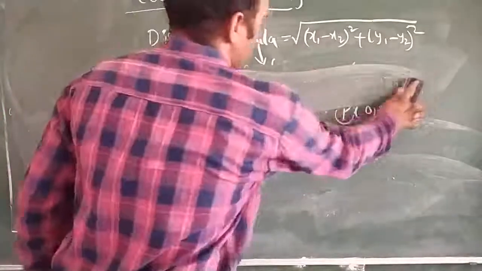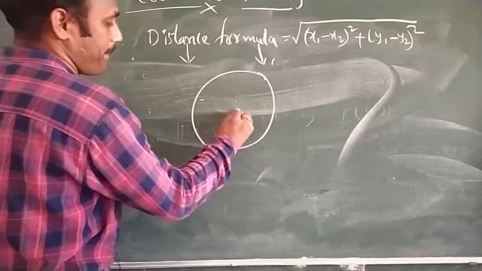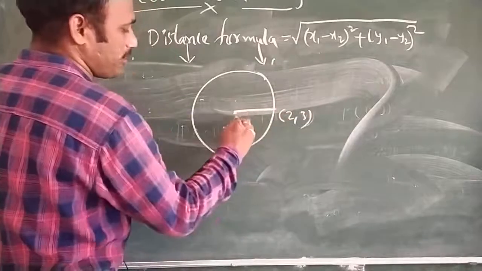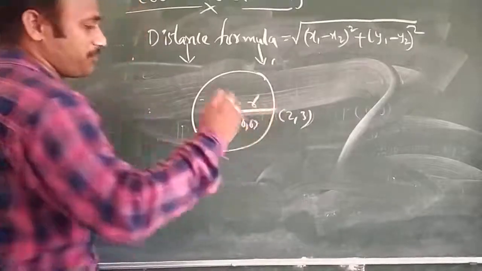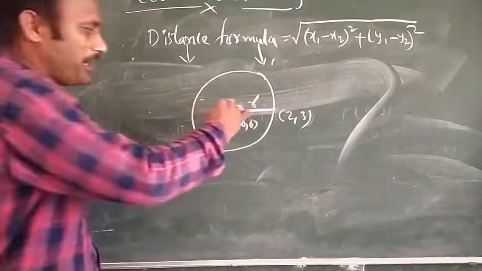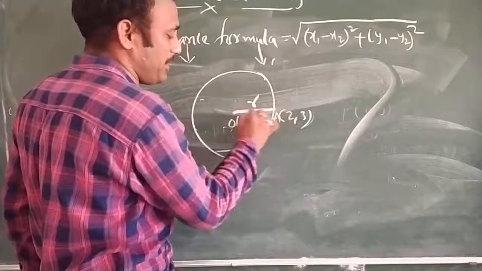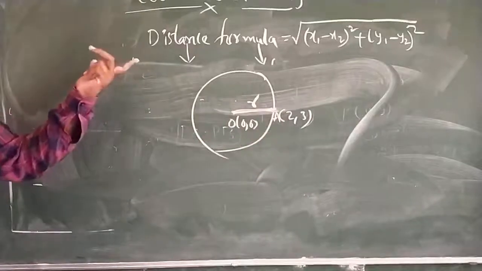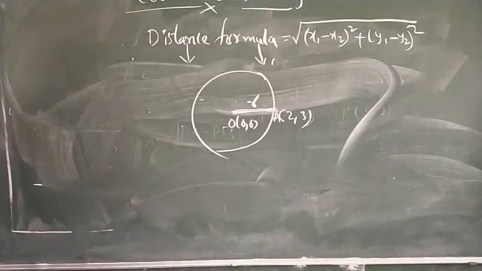Okay, next, where else will we use this distance formula? Another concept is, for example, if there is a circle and here the coordinates are 2 comma 3 and here the coordinates are 0 comma 0. How to get the radius? He will ask to find the radius of the circle. In order to get the radius of the circle, we are very sure that we have to find the distance between O and this point A. I have to form the OA distance, so in order to get this OA distance, I have to use this distance formula. So in these ways we can use the distance formula.